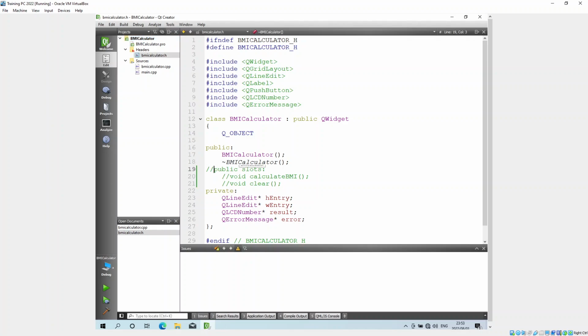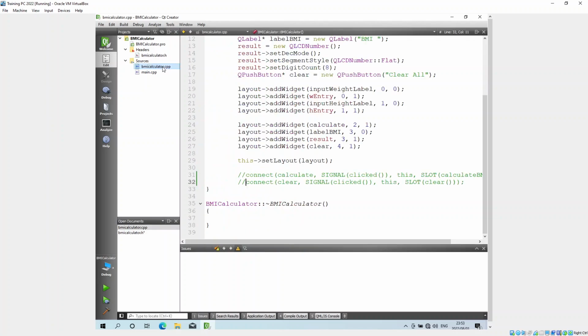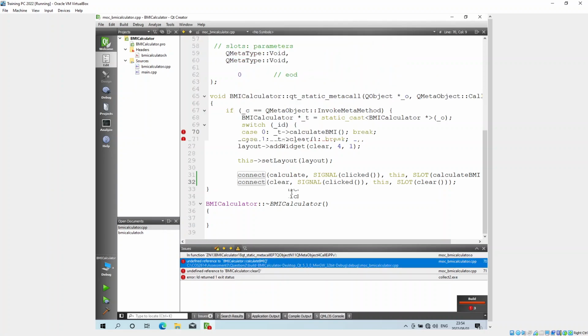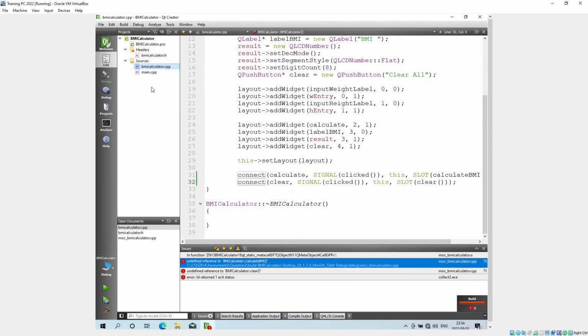So I'm now going to try and uncomment the signals and slots. Okay, and if I go here and uncomment them, and then I want to build it. Let's go for it. Okay, so it is definitely this calculate BMI, and the reason being is I've got it defined here, but I